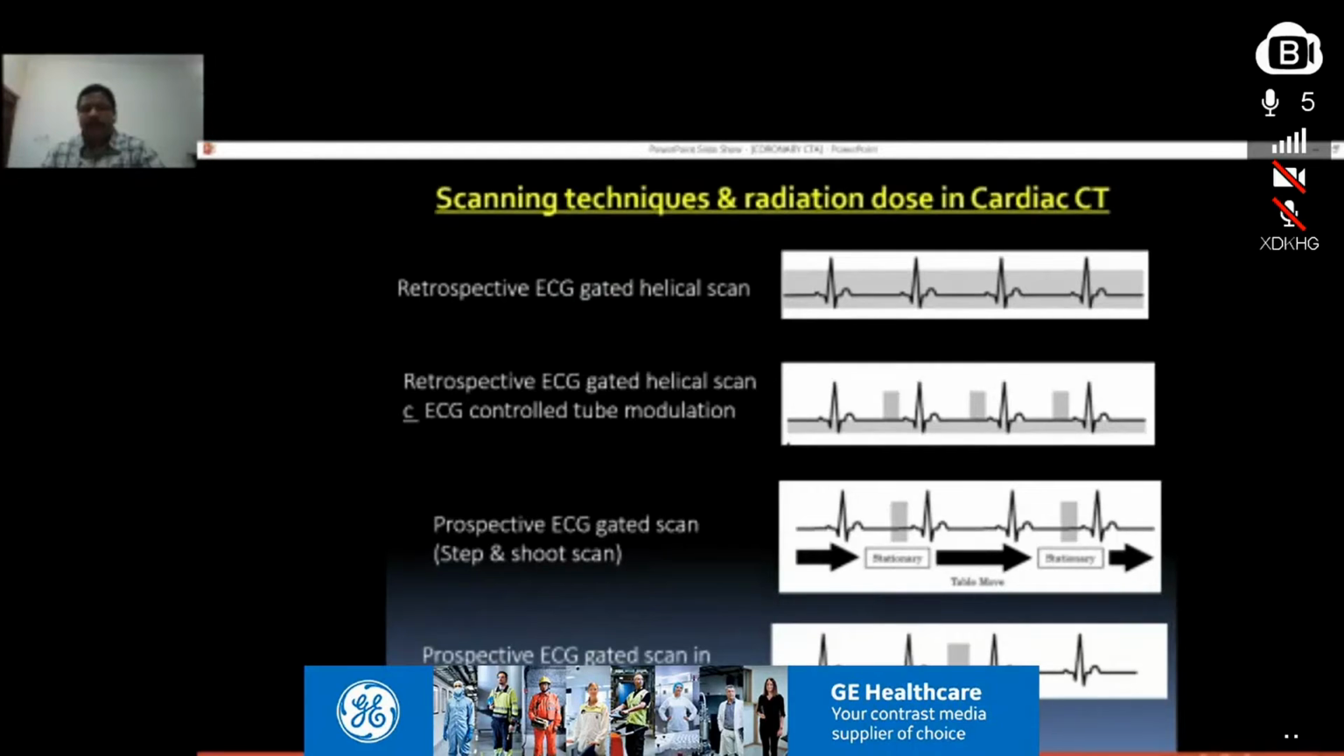On the conventional 16, 32 or 64 row scans, the scan was acquired during the entire cardiac cycle, and an equal amount of radiation was given throughout the ventricular systole to the diastole and again to the systole, throughout the cardiac cycle. This led to a lot of radiation dose during a coronary scan, typically of 11 to 12 millisieverts. The second concept which came is giving a retrospective ECG gated